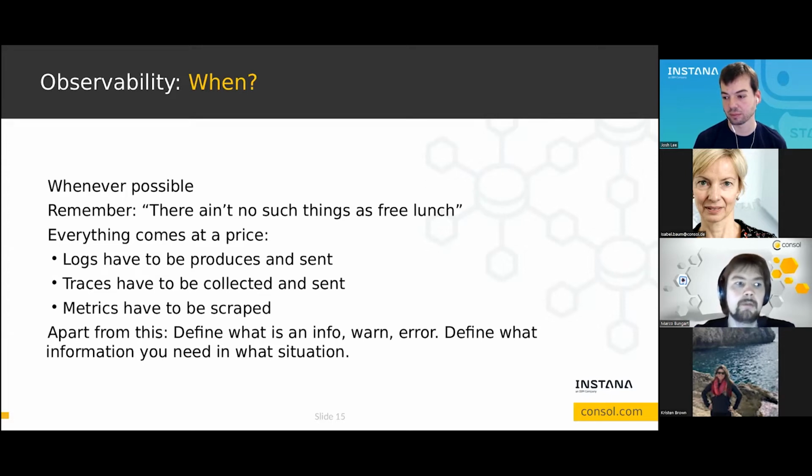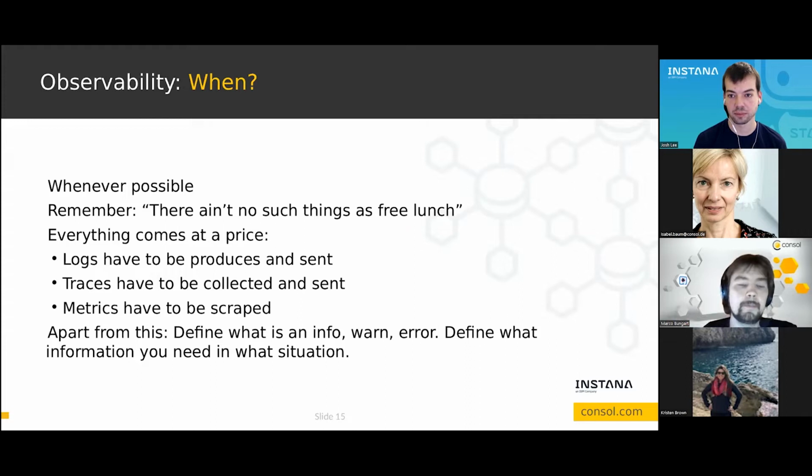For example, if we log a lot, the logs have to be produced, and if you're using a log aggregation software, they have to be sent to the log aggregation software, or a piece of code has to aggregate them somewhere. Same for traces. Traces have to be collected and sent. Metrics have to be scraped. So keep this in mind, since observability is an awesome thing, but we don't get it for free. We have to pay for it somewhere.